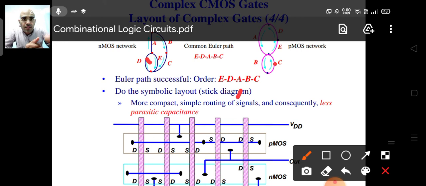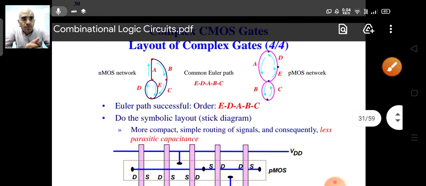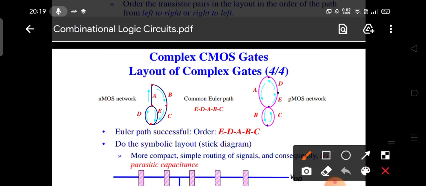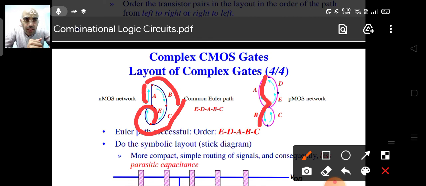Now you see there is a common path. If I try to follow the common path, if I start traversing from A, then B, then C, then D, and then E, there is a common path. Then again, if I start from A, I move from A, B, C, then D and E. This is what I followed. If I follow it here as well, A, B, C, and then what?